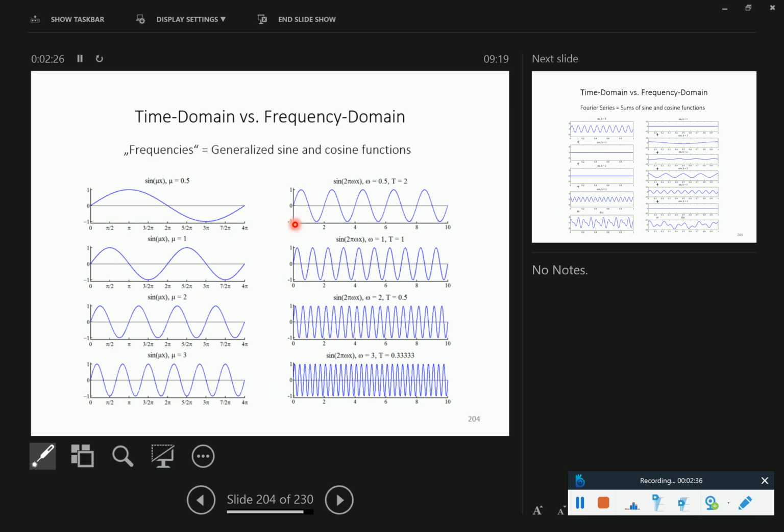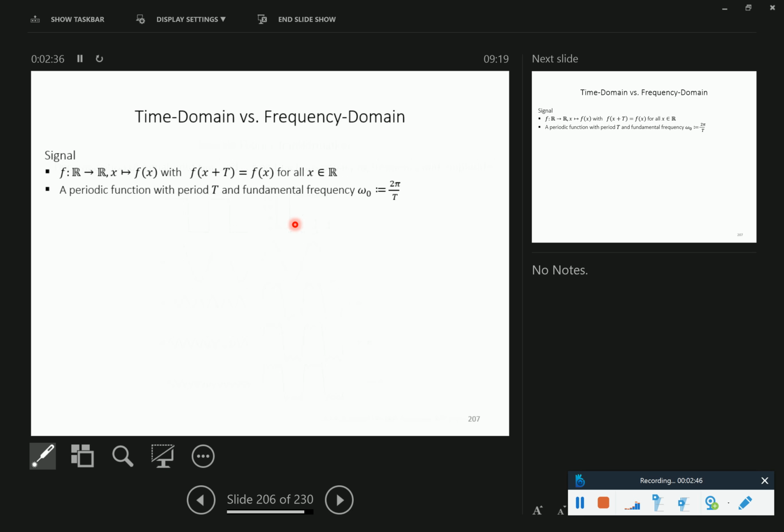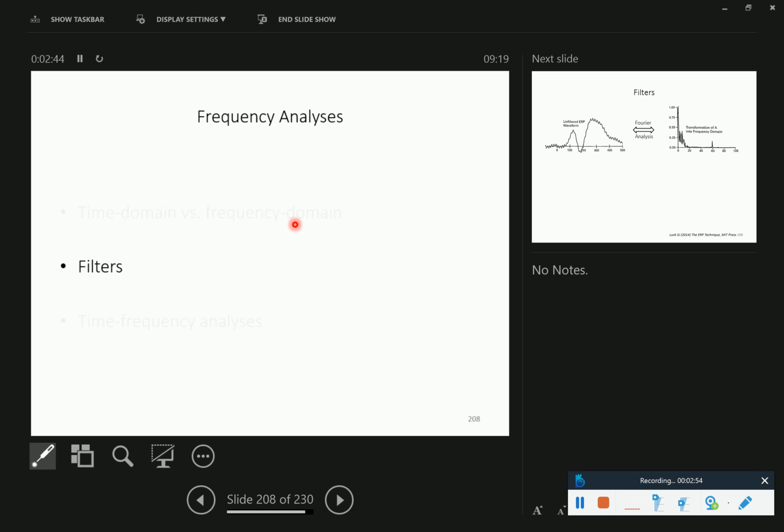And we discussed that there are these generalized cosine functions, where one can actually define these frequencies, and that this is an interesting mathematical framework that we will discuss in the coming winter term, and you are very much invited. But we will not talk about it now, and leave it at this intuition that there's a time domain signal, and there's its frequency representation. And based on that, one thing to discuss are filters, because we haven't really discussed them in terms of preprocessing,